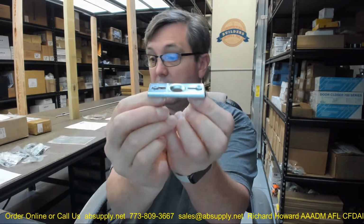The plate's going to be surface mounted to the floor. You're going to get a total of four screws. They are not the same. You're going to get two smaller screws for the plate itself. You're going to get two larger screws, and unfortunately they've sent flathead. That doesn't seem quite right to me. The plate needs to change, or these need to turn into round or panhead screws, but